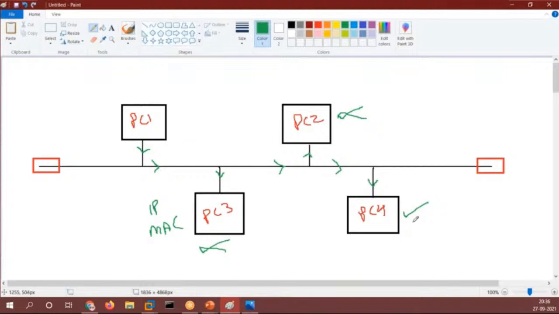That's the real thing. And if it is matching, it will be accepting the data. Now, this is the real life example of your OSI or TCP/IP model. The data is being sent, it is being checked by the data link layer, and then it is being checked by the network layer. So the data link layer is checking the MAC address and the network layer is checking the IP address, right?